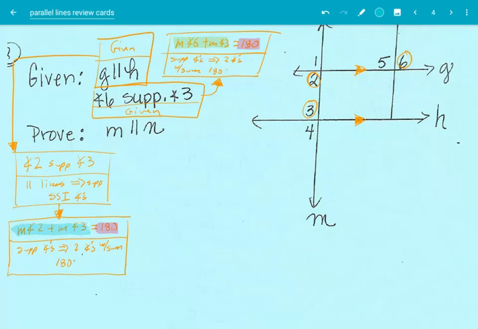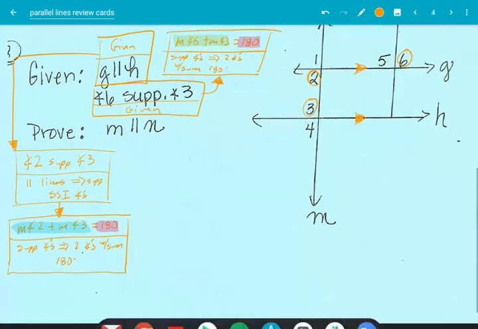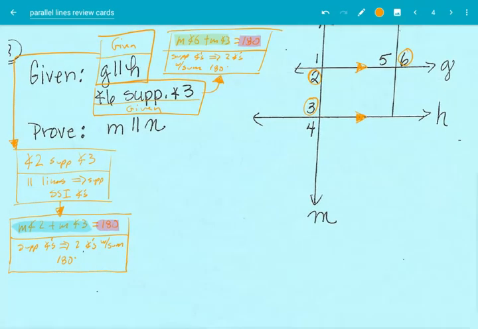So since they both equal 180, let's set them equal to each other, shall we? The measure, I'm going to rewrite this so it's in numerical order. So the measure of angle 3 plus the measure of angle 6 equals measure of angle 2 plus the measure of angle 3. It's a long one, but